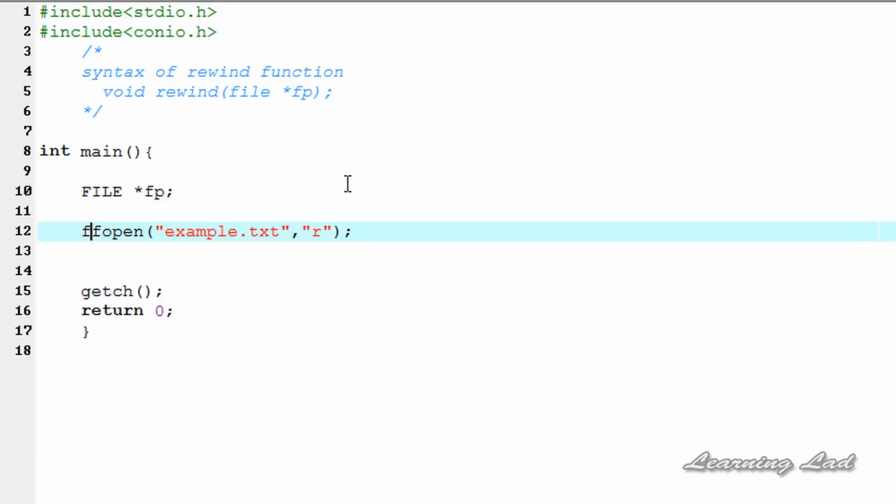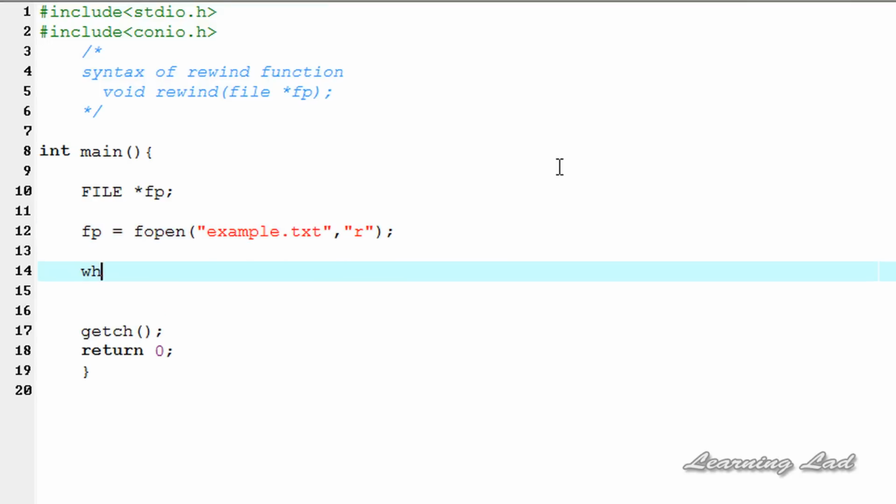And I'm going to be storing the return address in our fp pointer. Then I will be using the while loop, and I'm going to be using the feof function to determine whether we have processed the entire file or not. We need to use a not operator with the feof function. If you don't know about this feof function, please watch my other video tutorial on it. So it's going to be feof, and we need to pass the file pointer here,